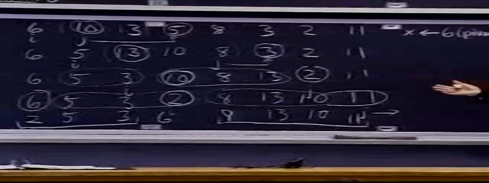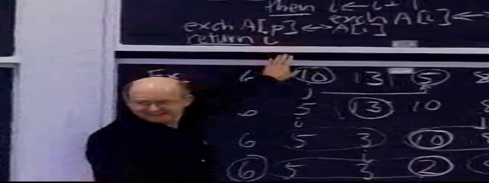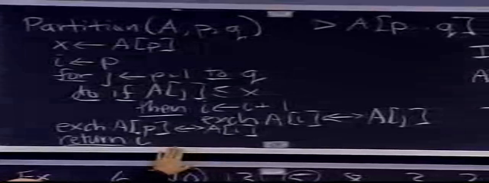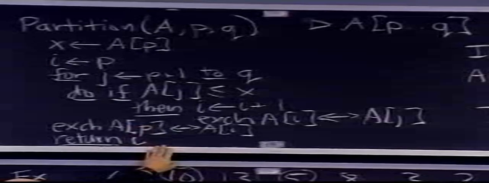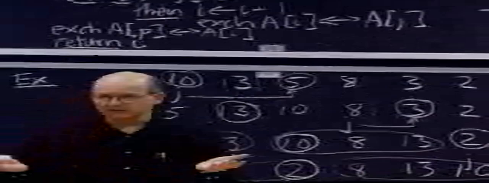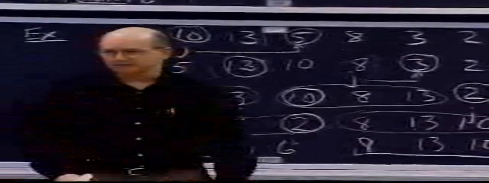Now, in principle, partitioning is not very hard. You don't need to know this algorithm to partition. What do you do? You take an element, you go through all the elements, and you sort them into 2 bins. That's how you partition things, right? You don't need a fancy piece of code like this to do that. But what's nice about this is it does it in place. Okay, and it's a very efficient piece of code. It's a very tight loop. Okay, and so it makes it so that the algorithm is not just theoretically efficient, it's practically efficient.